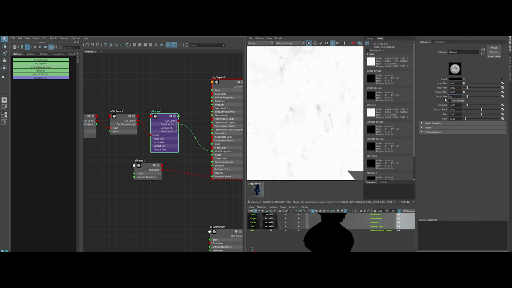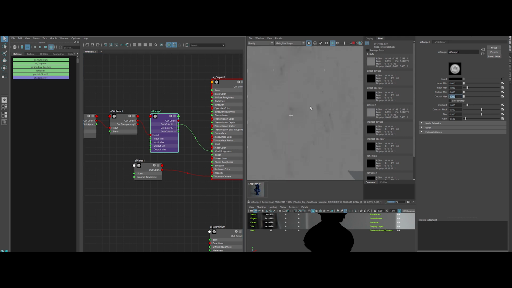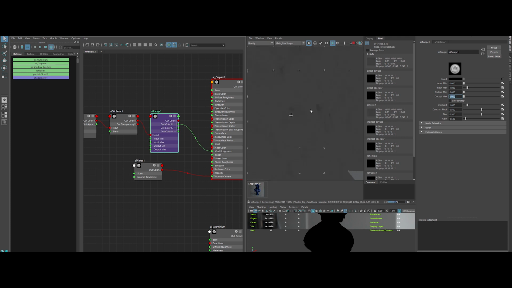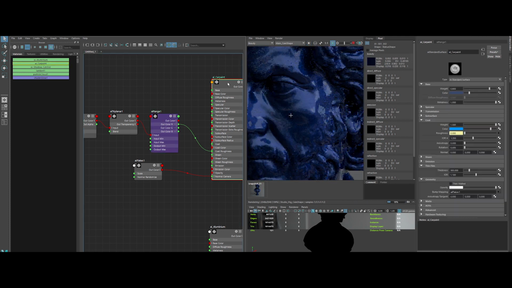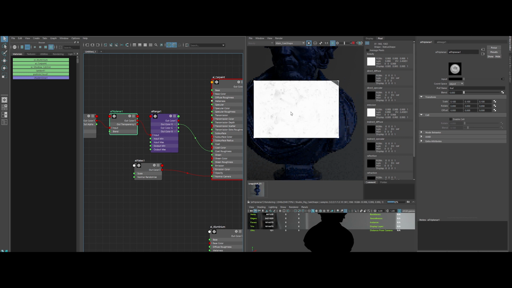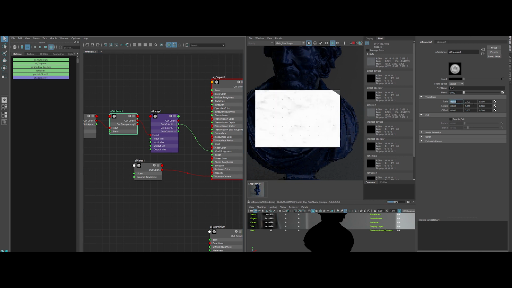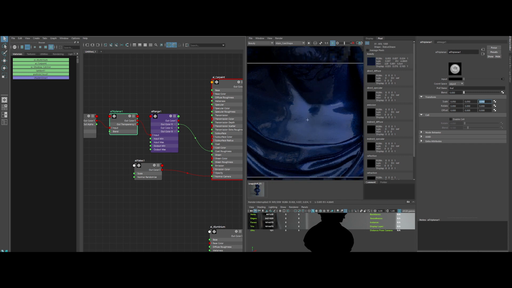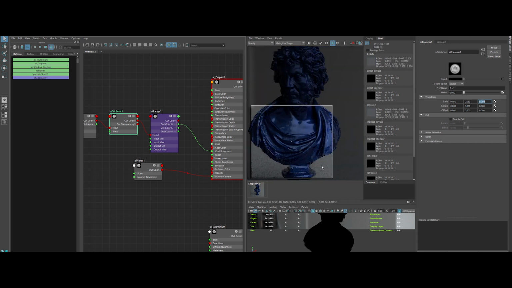We have to tweak it a bit now. Again. Tweaking a bit the scale of the map in the triplanar node. Okay, nice, it's working fine.